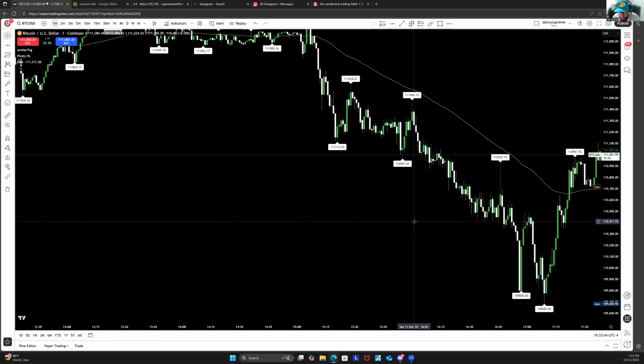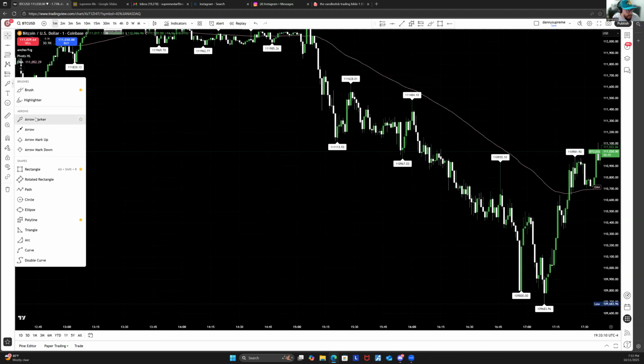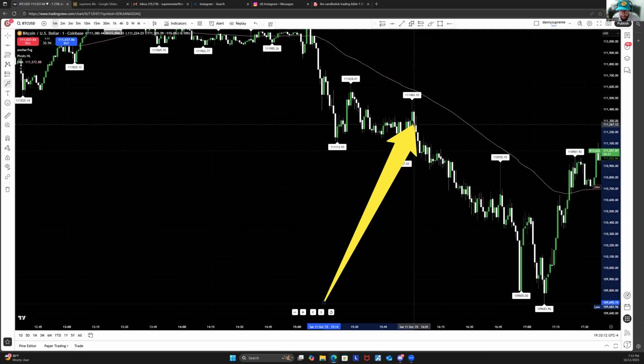Okay, let me get this arrow again. 1 second. Big arrow. This green candle is what started the 4 hour. Look at the bottom. Remember? October 11th, 16. That's when the 4 hour candle started. And you could have literally been watching this print minute by minute by minute, and you're getting information.